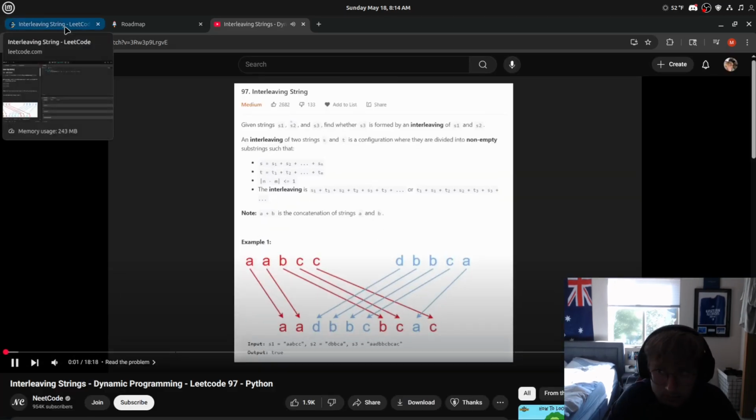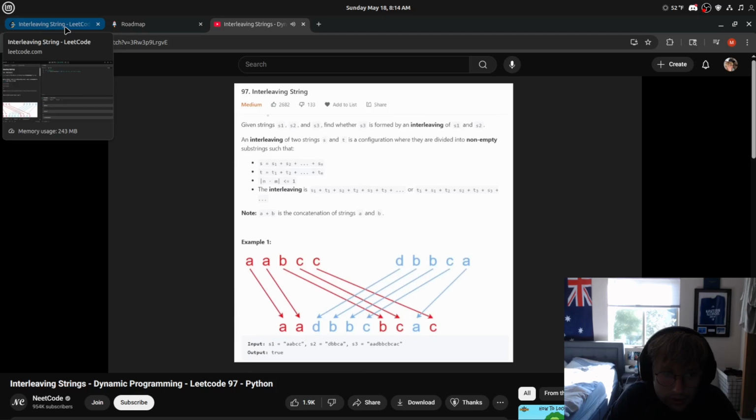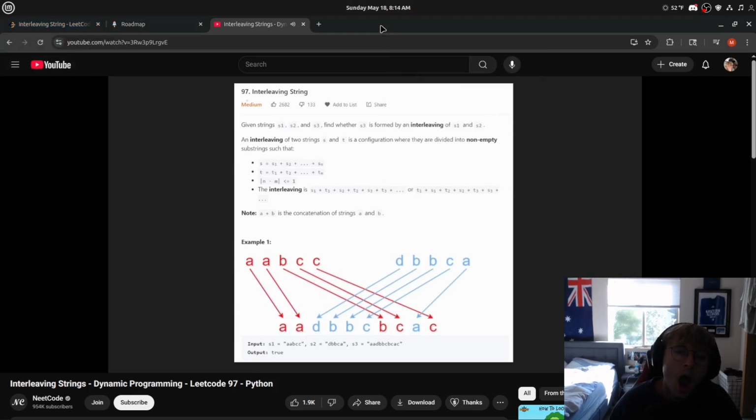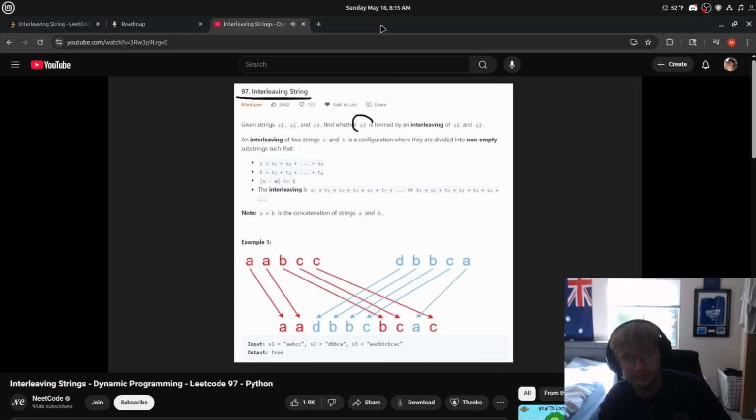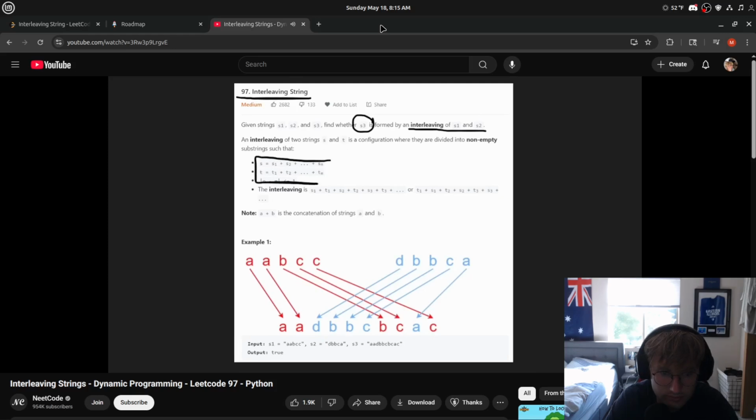Hey everyone, welcome back, and let's write some more NeetCode today. So today let's solve interleaving string. In this problem, we're given 3 strings, S1, S2, and S3, and we just want to know a simple question. Can we form the string S3 by interleaving the strings S1 and S2? An interleaving string is basically when you take 2 strings and split them up into substrings, and then you add